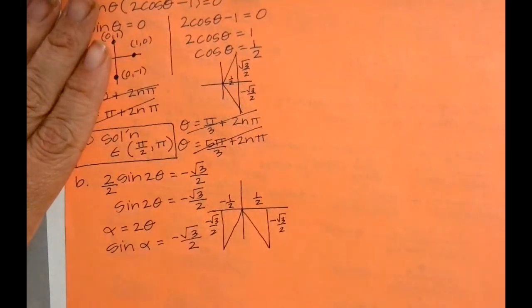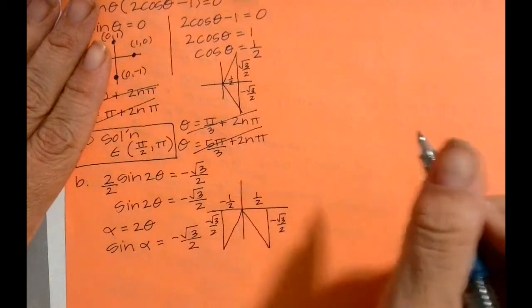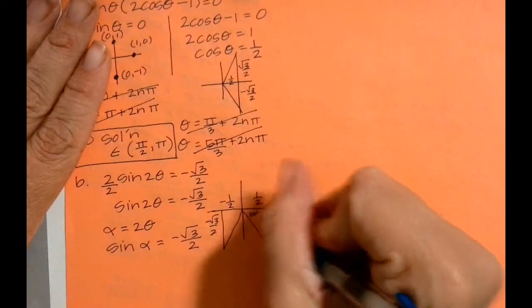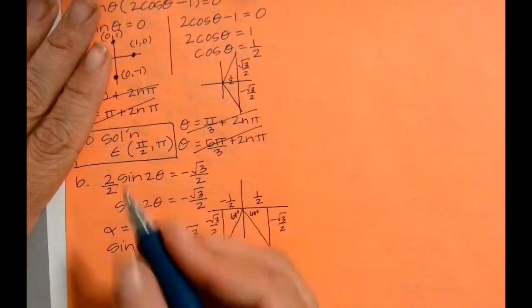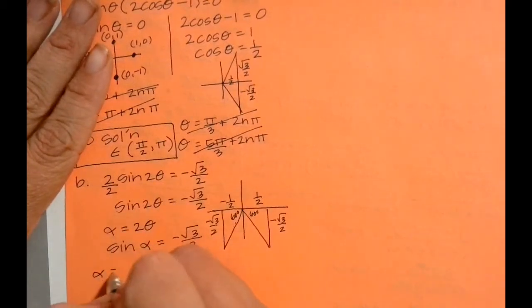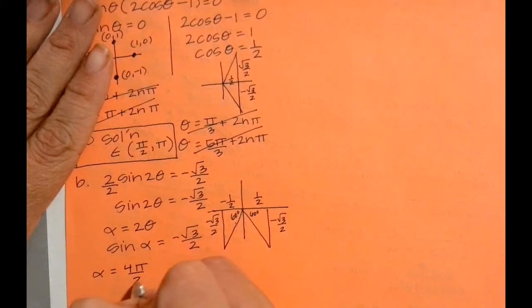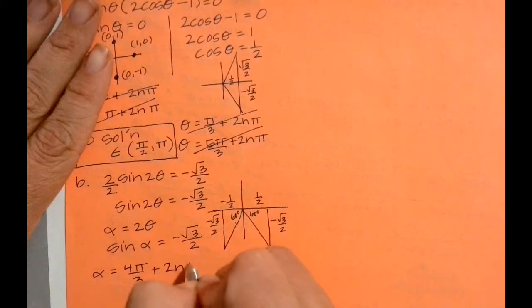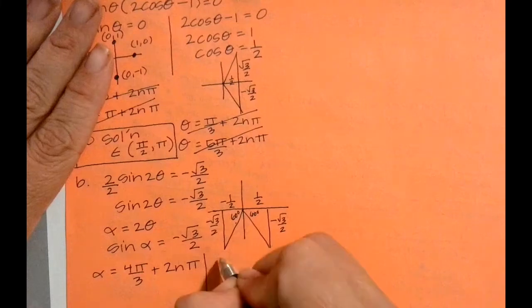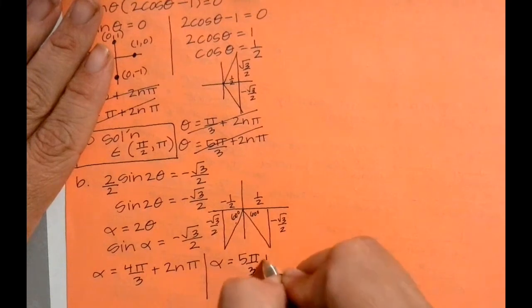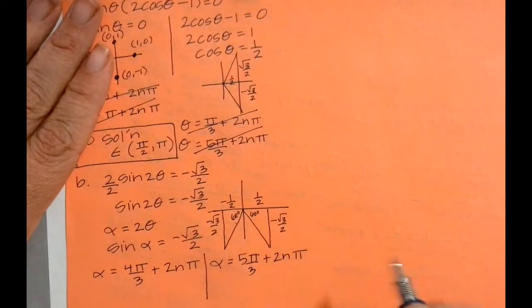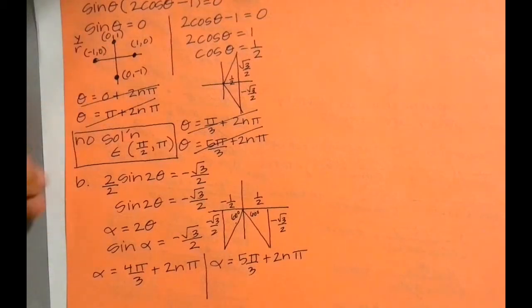And so those two angles are 60 degrees because they're opposite, root 3 over 2. So in radians, that's pi over 3. So alpha equals 4 pi over 3 plus 2n pi, and alpha equals 5 pi over 3 plus 2n pi. But we didn't start with alpha. We started with